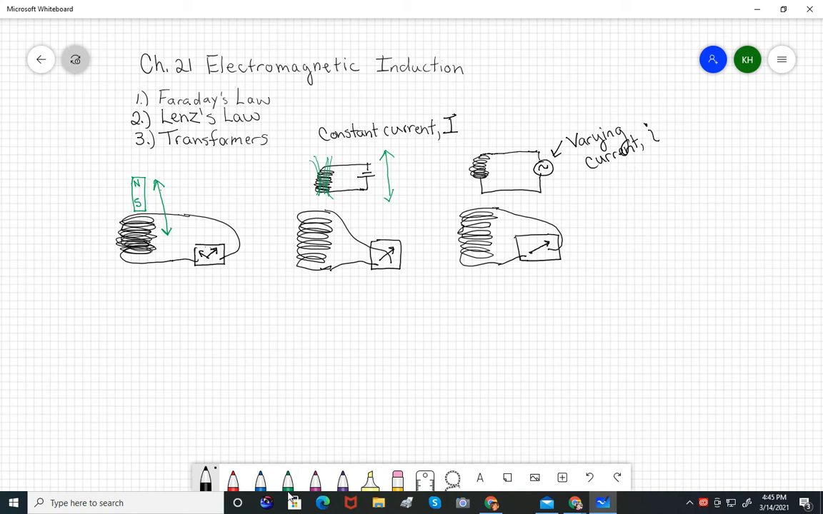So in each of these cases, what we're seeing is a varying magnetic field